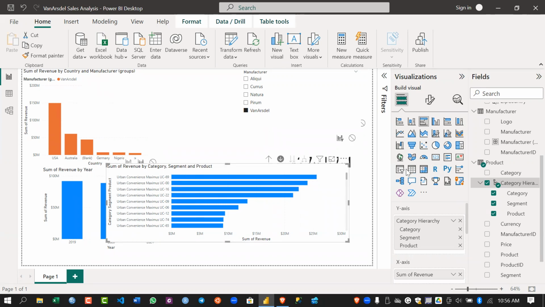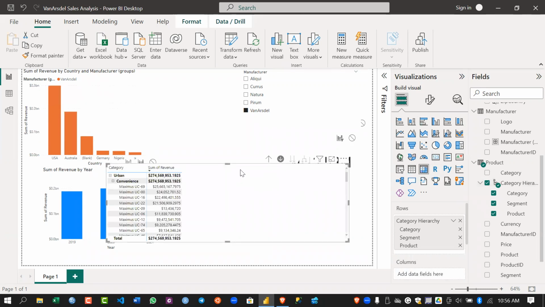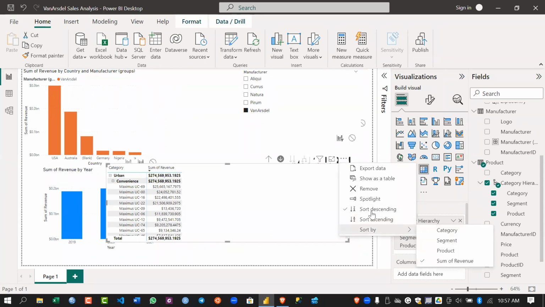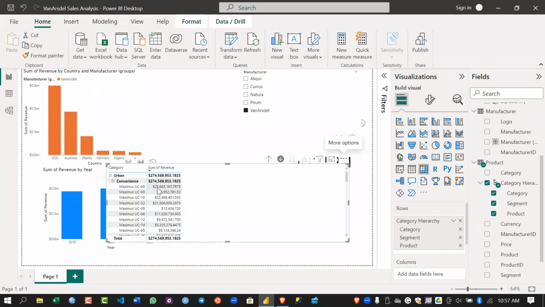I'm going to change this to a matrix to allow us to view the numbers. Now I can view the numbers. If I want to sort it, I can sort it in descending order so that we view the higher numbers first before we start seeing the lower numbers. I'll click on my three ellipses, then sort by. It's already sorted by sum of revenue, and I think it's already in descending order. You can see that maximum UC 69 is taking 25 million plus, and maximum UCOO is taking 24 million plus. So let me minimize this matrix